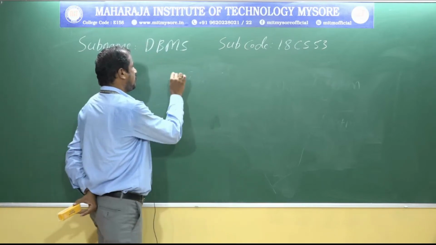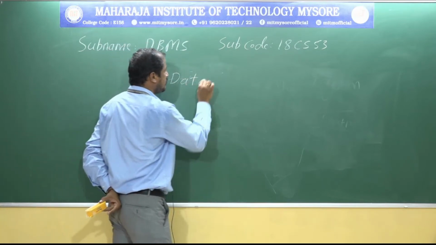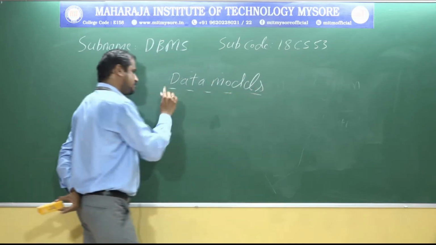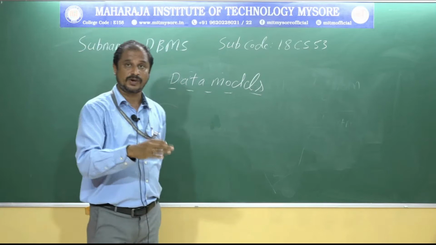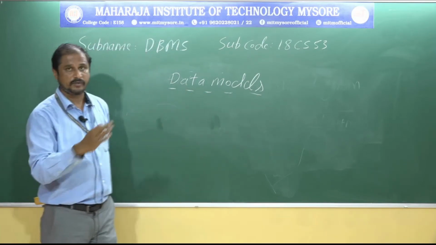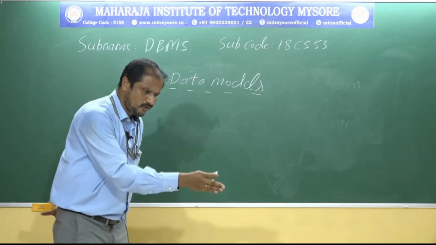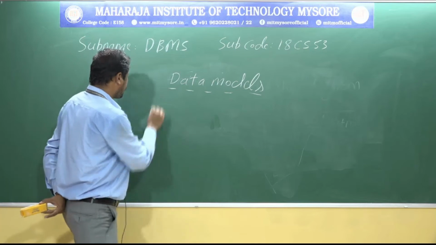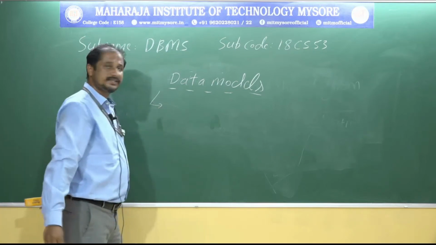So data models. What is a data model? We may have discussed data models in a previous section. We have three types of data models. Here I'll give a little introduction on how we can build an ER diagram through data models. So a data model is a collection of